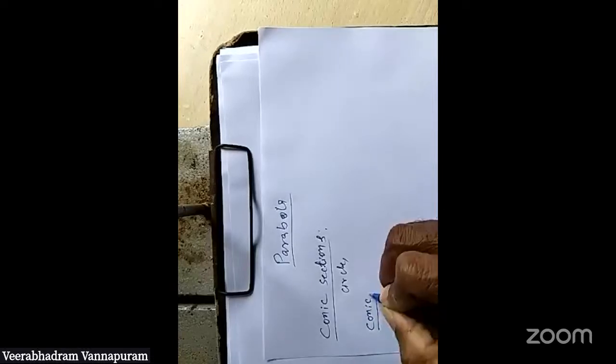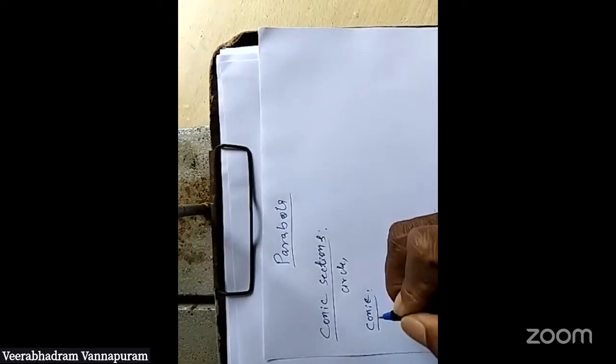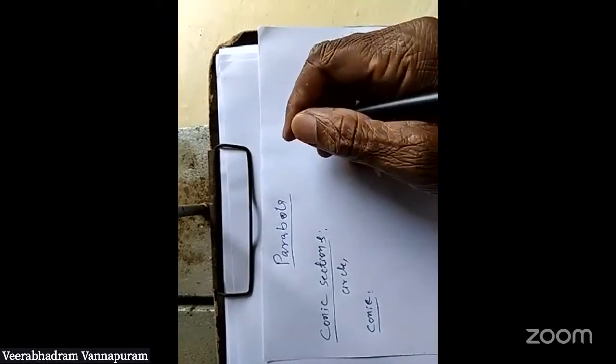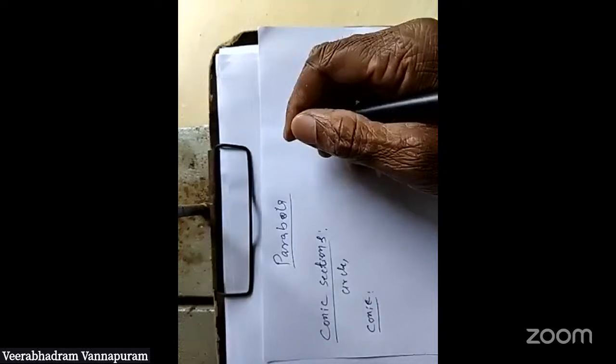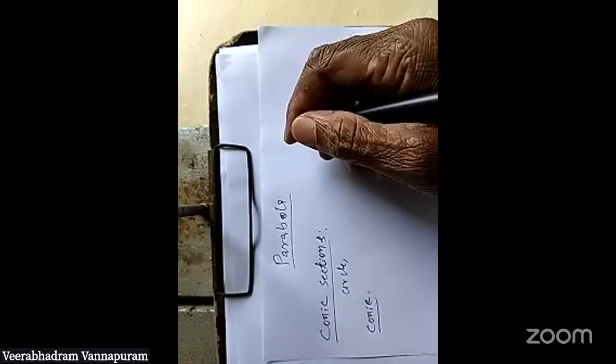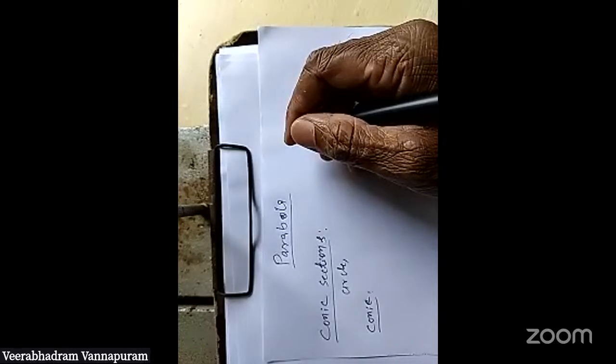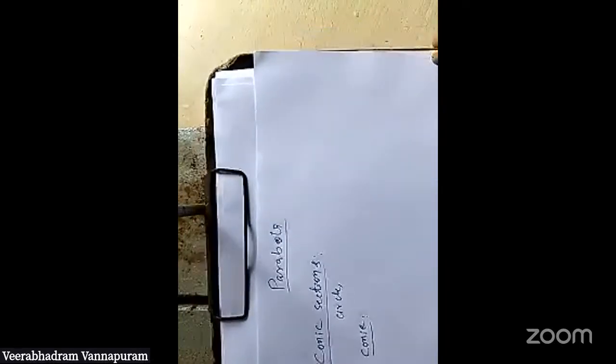What is a conic first? A conic is the locus of a point moving on a plane such that its distances from a fixed point and a fixed straight line in the plane are in a constant ratio E. That is called a conic. That means